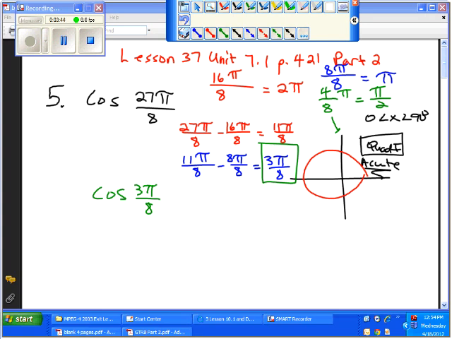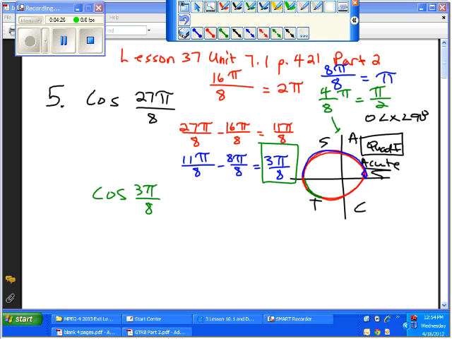But then I've got to think, where did I actually land after all that taking out? Well, if I went all the way around, and then I went halfway around, are you seeing what really happened? And then I go 3 pi over 8 more, I actually ended up in quadrant 3, didn't I? That's where 27 pi over 8 really ends up. Now, we wrote it in terms of an acute angle from quadrant 1. But when we do our A Smart Trig class thing,